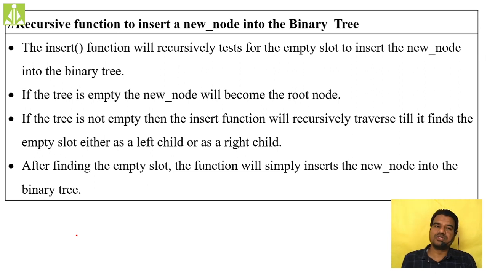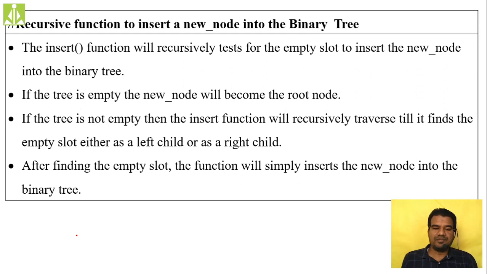Okay, 2 power 2 nodes. That is level 2, 2 power 2 in the sense 4 nodes. It will fill the 4 nodes. After filling these 4 nodes only, it will go to level 3. So in short, whenever we are doing the insertion operation, it will do the insertion level by level. At the first level, it will complete the full insertion. Then it will jump to the next level. And after filling the next level, it will jump to the further level likewise.